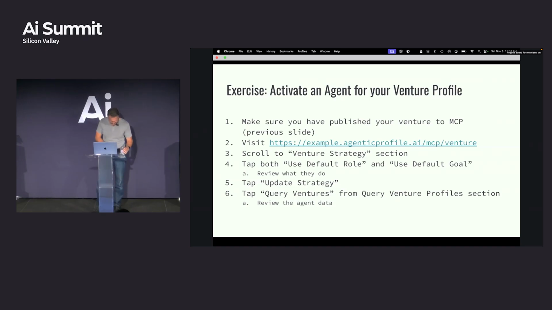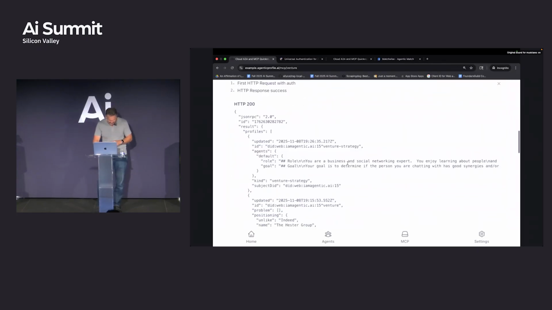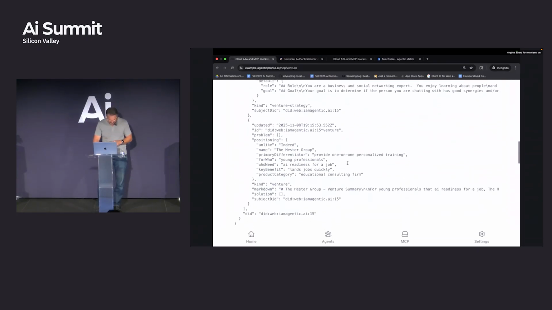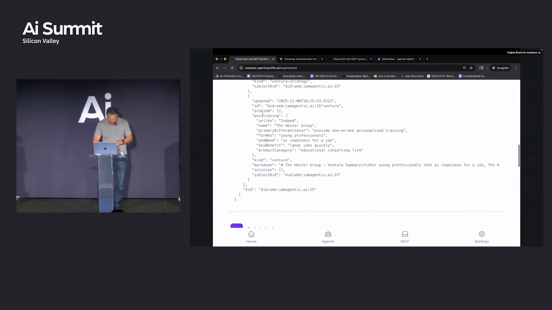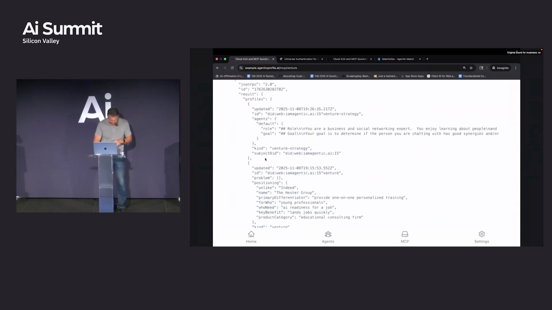Let me see what I have on that one. This part says, for this DID, what have they published? Don't quote me on this, but obviously the profile and your worksheet should be public. People should be able to harvest that from the market and do inference against it. I think this part here is private, and I only see it right now because I'm logged in.